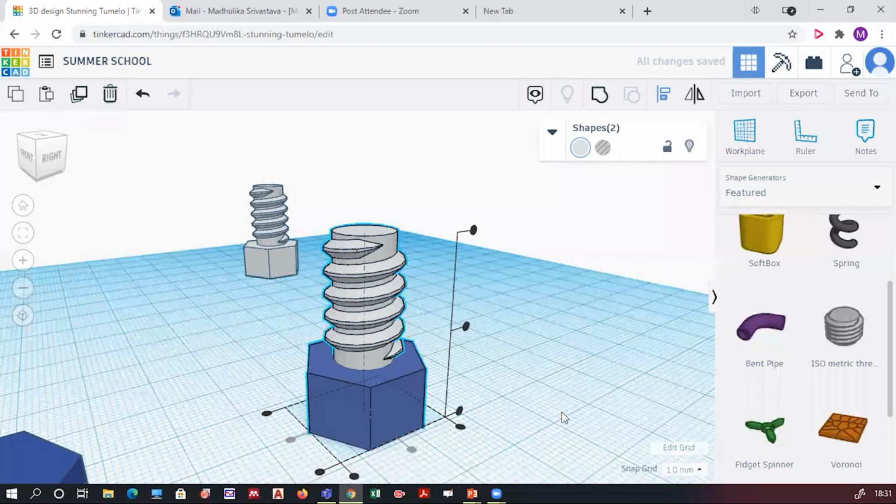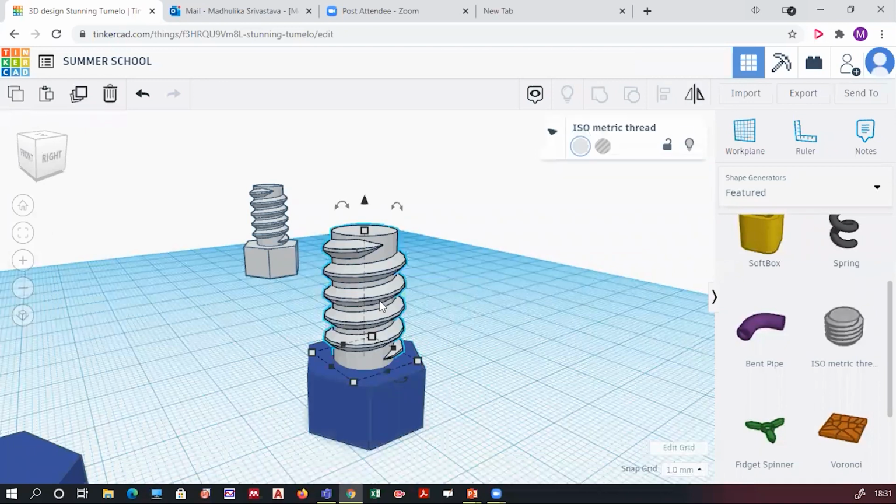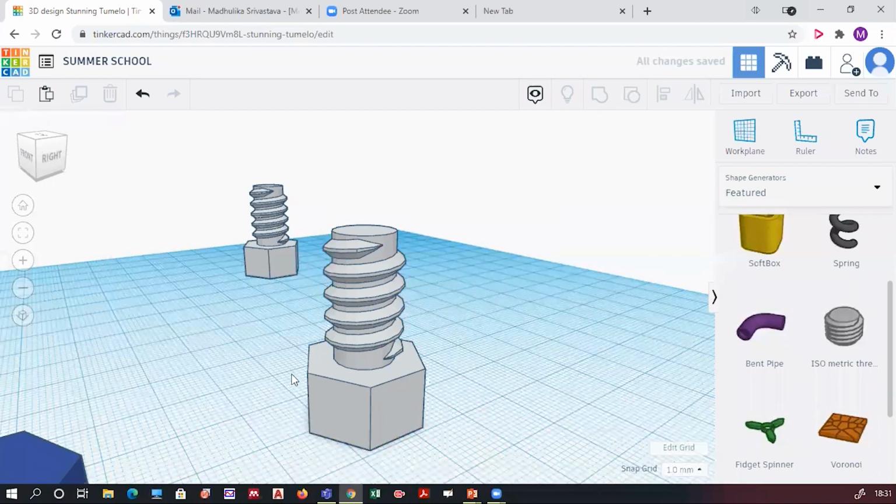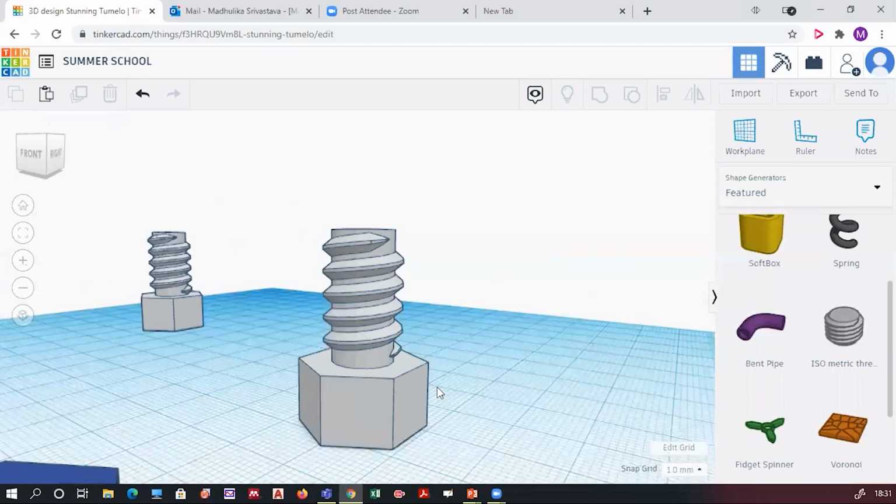Okay, fine. For joining, I will select one object. I will press the shift key. I will select the second object and I will use this group option. Now this is again my complete one object.